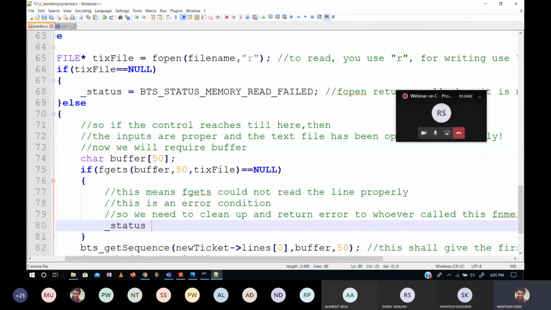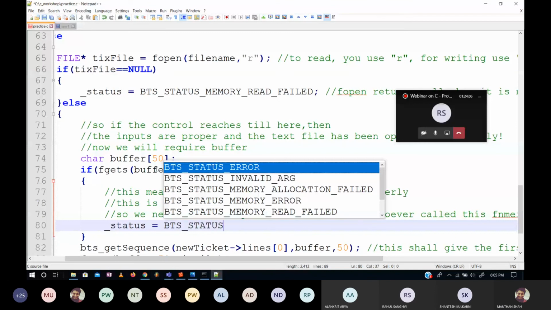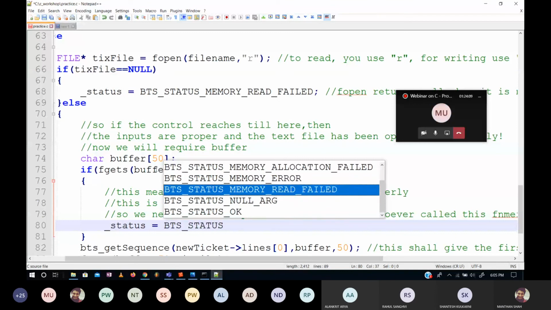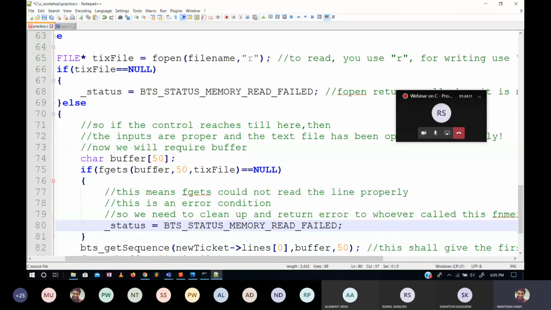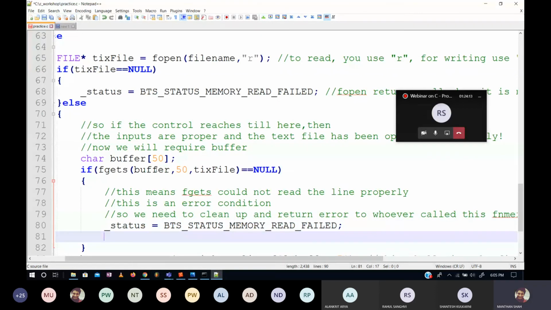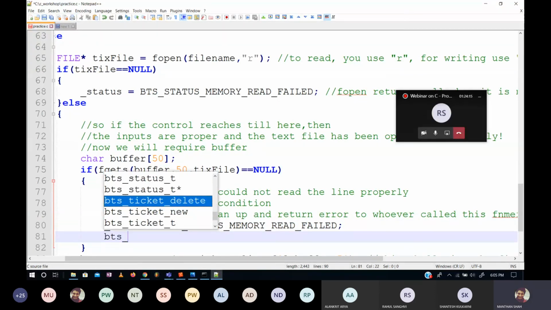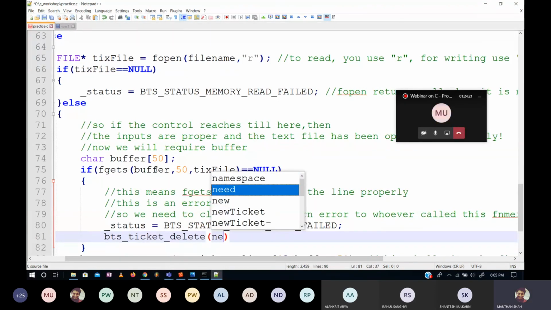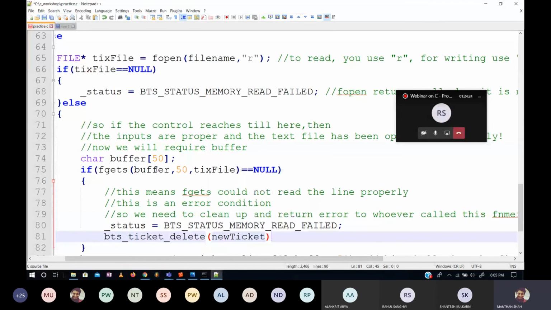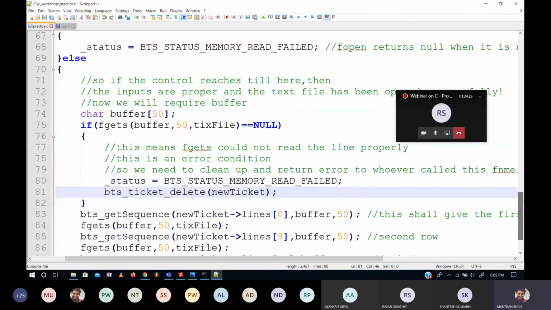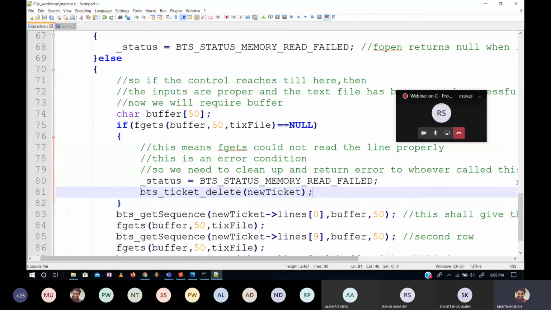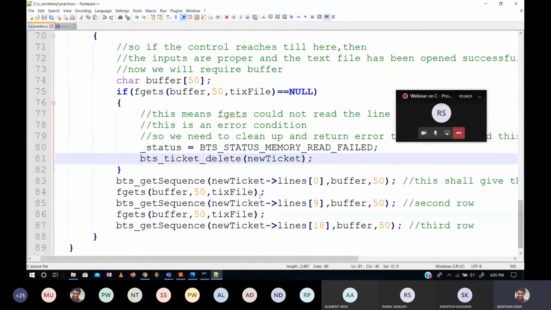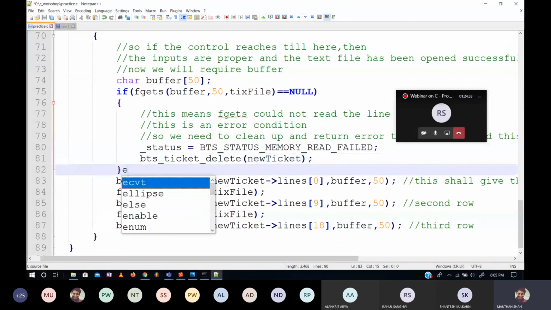What we will do here is set the local status as memory read failed, I guess. And then we will do the free call, because as I said, if you allocated new memory dynamically, you also have to free it. So in case of error, you need to do that. All right. That is an error case.